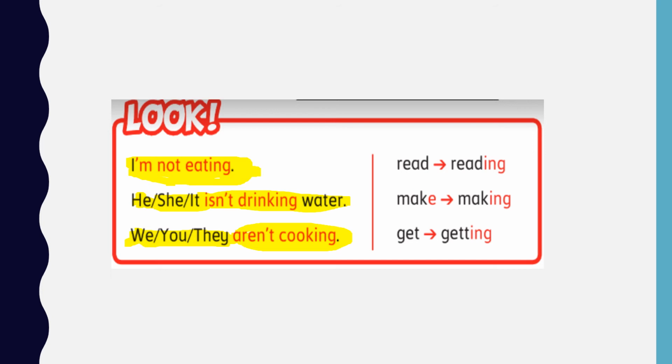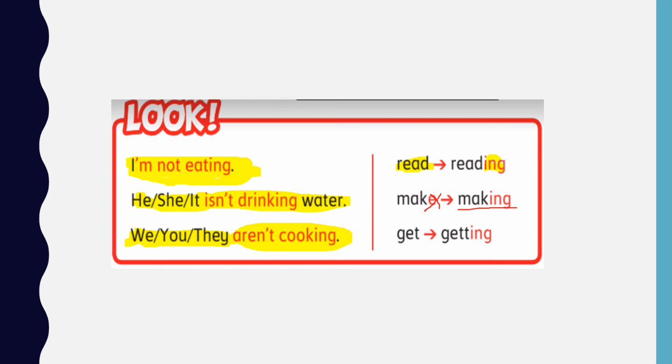Okay, and we have here how can we add the ing for the verb like read? We only add the ing. For make, we cross here for the word make which ends with the e. We here cross the e and then add. We cross the e نشطب ال e ونضع ال ing, making, like this. Okay. When we have a verb that ends with the e like this, we cross the e نشطب ال e ونضع